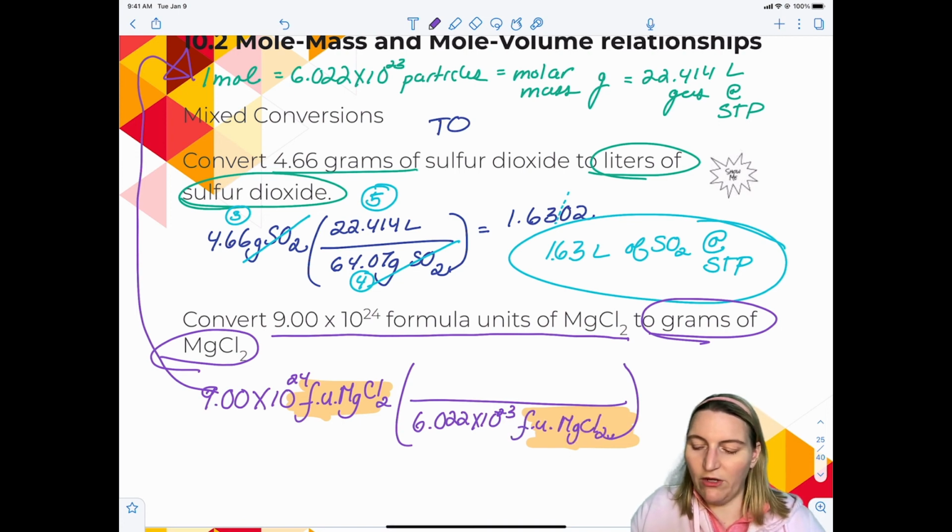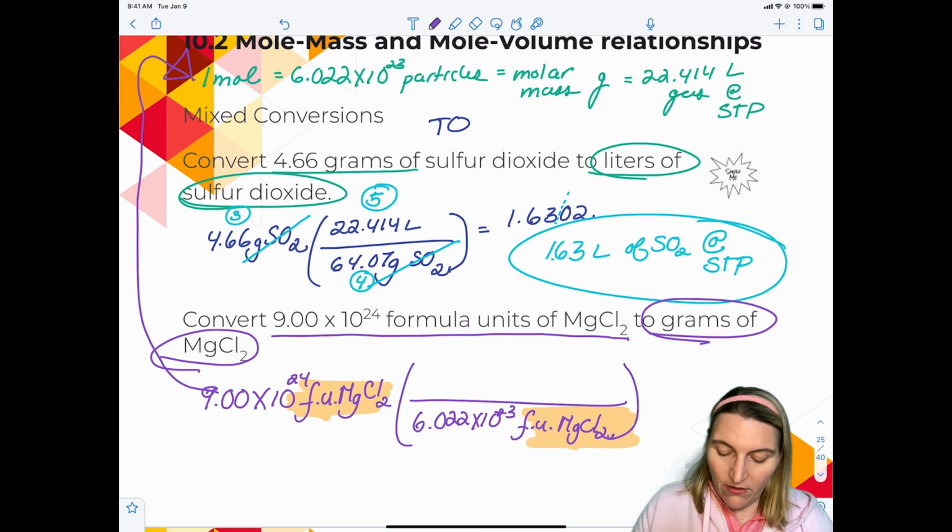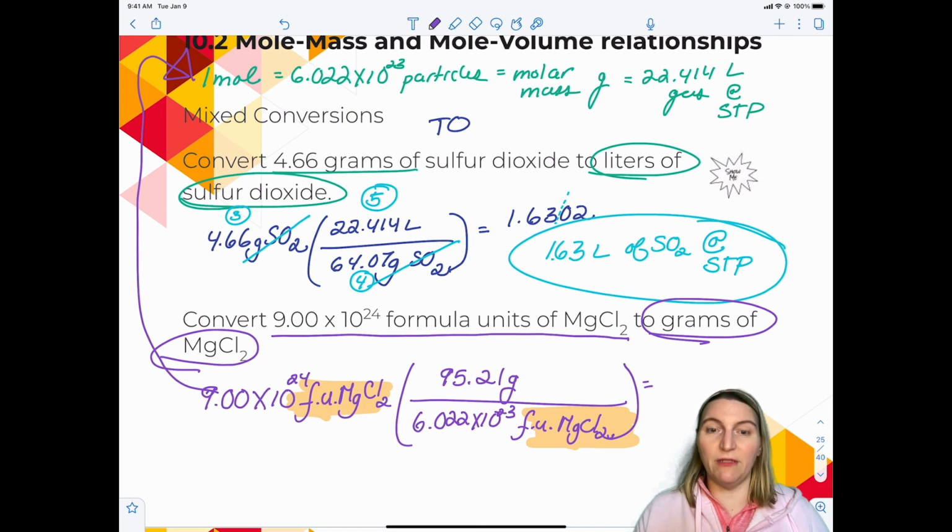And then since I want to go to grams, what I'm converting to, I'm going to put on the top. I find the molar mass of magnesium chloride. And on the top, we are converting to grams. So the molar mass of magnesium chloride is 95.21 grams. And then, of course, I multiply by the top, divide by the bottom, and I get